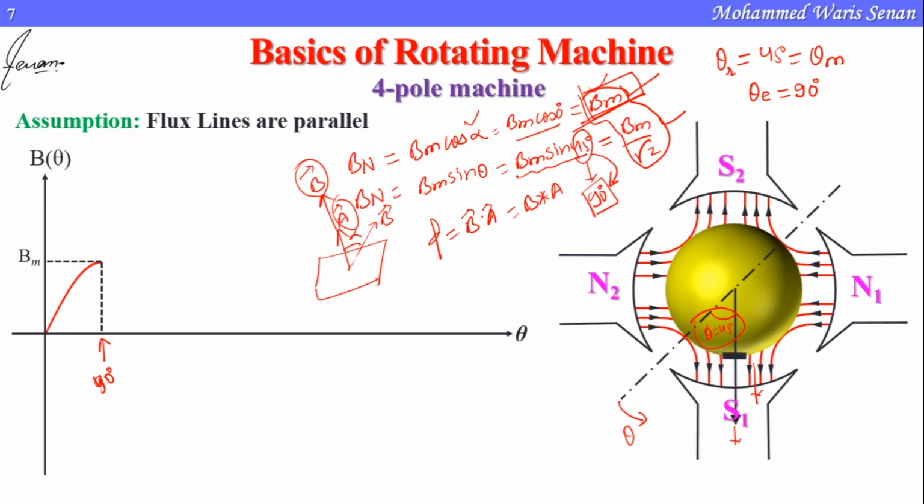So the angle here, which is 45 degrees, the actual rotation angle, is called the mechanical angle. And the angle which has to be here to satisfy the formula is called the electrical angle. In this case, the electrical angle is twice the mechanical angle. Electrical angle is equal to twice the mechanical angle. Let us rotate it again by an angle of 45 degrees and see in that case also whether this formula, theta electrical, is valid or not. So let us move on.